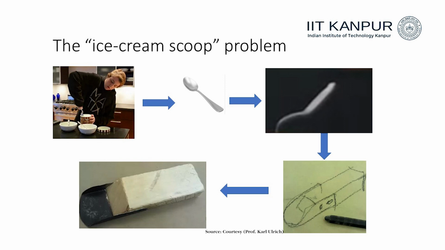So eventually he comes up with something like this, okay. This is a crude device that he develops, but it does enable him to get the ice cream out of the tub. So you can see here, this is a metallic thing with this wide area here that he can use to scoop the ice cream out,